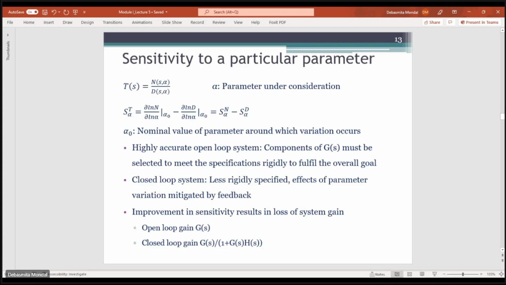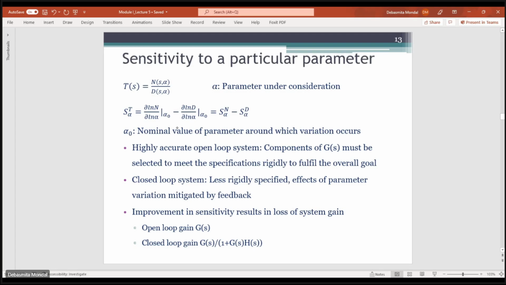So now we'll see the sensitivity of the overall transfer function with respect to a particular parameter variation. In general, system sensitivity with respect to any particular parameter of a transfer function can be expressed in polynomial form. So T(s) is equal to N, which is a function of s and alpha, divided by denominator D, which is a function of s and alpha. Now if you want to find the sensitivity of T due to variation in alpha,